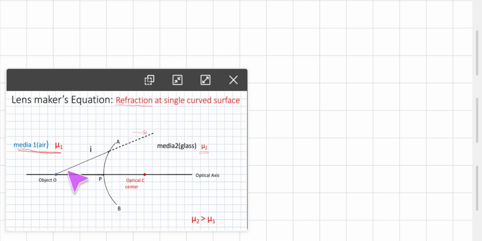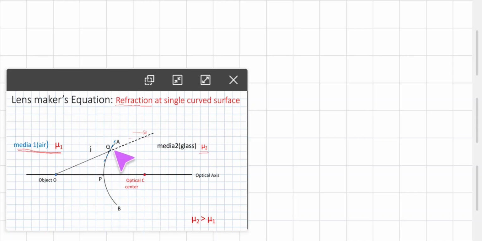Now see, whenever the ray is incident at this point, if there were no glass medium, it would have gone straight, because in the same refractive index medium, light travels in a straight line. But here it is a glass medium, remember that. So at this point the ray will refract. From point Q the ray refracts, and remember that whenever a ray travels from a lower refractive index medium to a higher refractive index medium, it bends towards the normal.